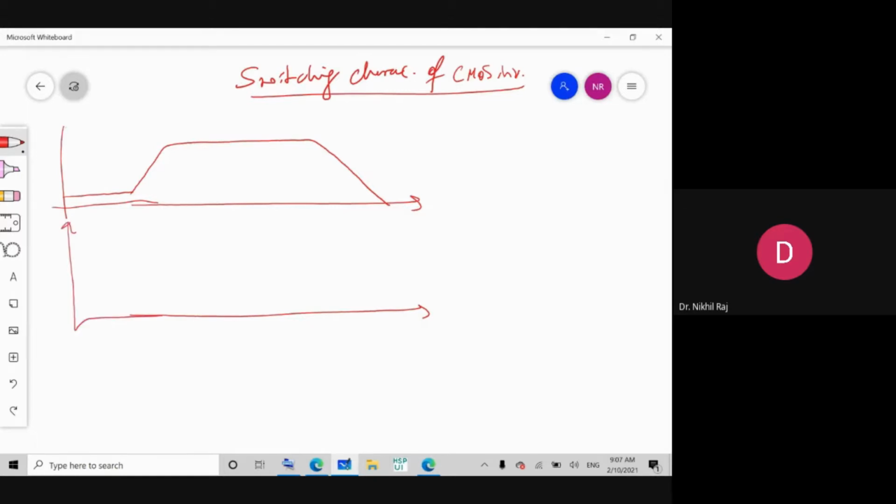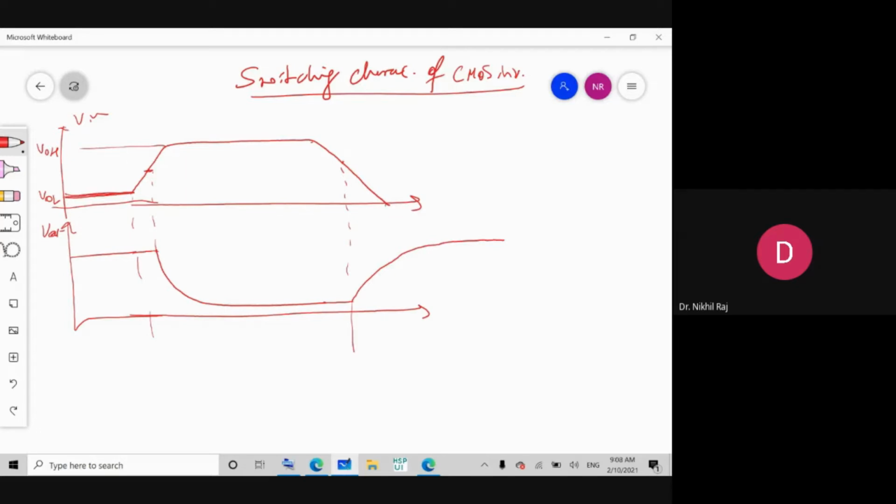So this was your V in, this was your V out, and since your input was low, the output was named VOH, and this part was named VOL. So corresponding to this, the output will be high, and when the input attains 50%, we say the input is high. At that time the output will start decaying. Till here it will be retained, and from here it will start decaying. The same case happens here: when the input reaches 50%, we say the input has reached a low value. Once it is low, the output will start rising, and somewhere here it will get stabilized.